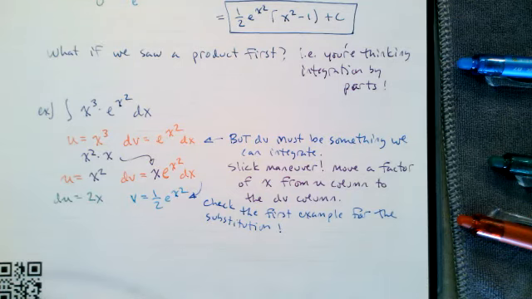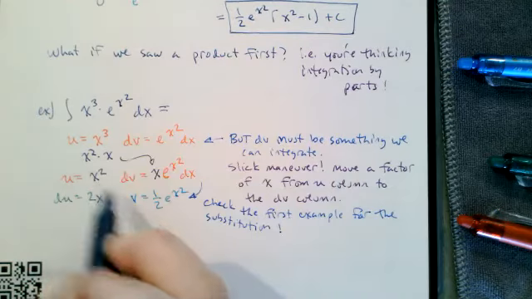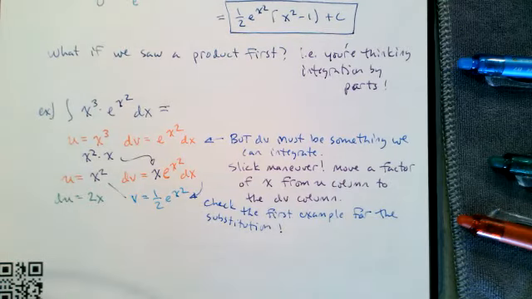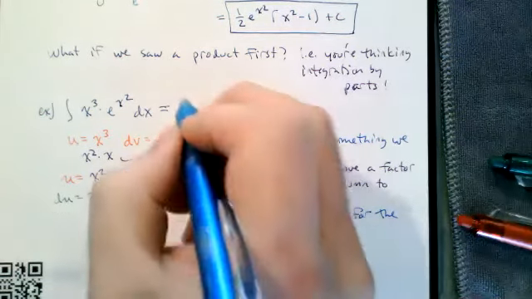That's why I led with that example, so I could call it back here. Now, I just need to integrate with the parts formula. I've still got to remember I'm doing parts. So the parts formula says, do u times v minus the integral of v times du. So u times v is going to be a 1/2 x squared e to the x squared